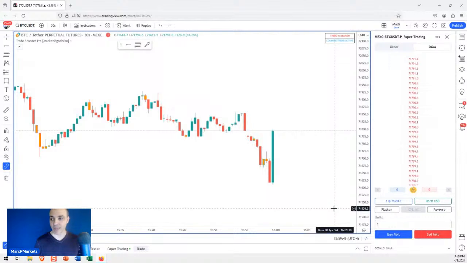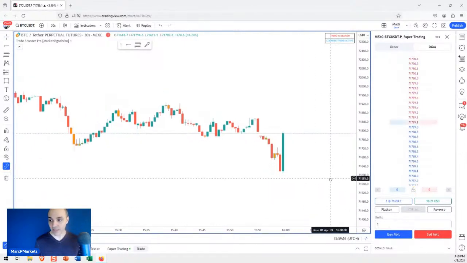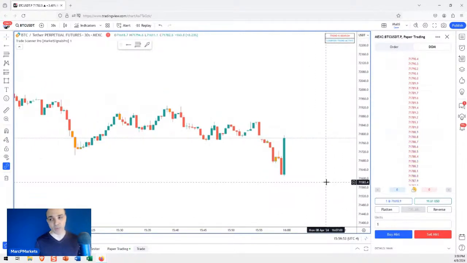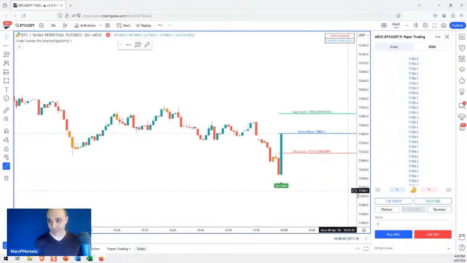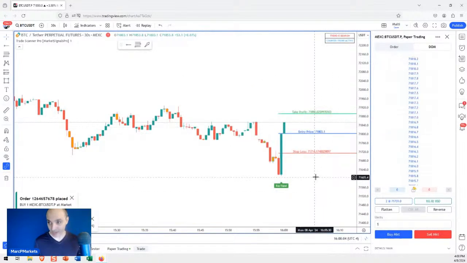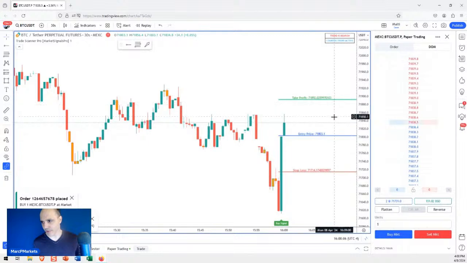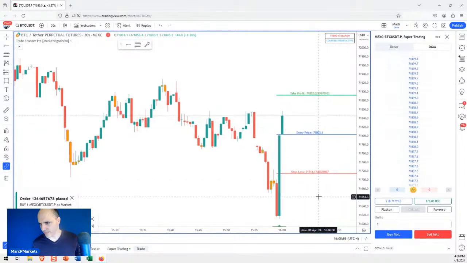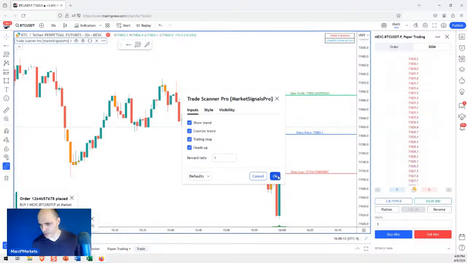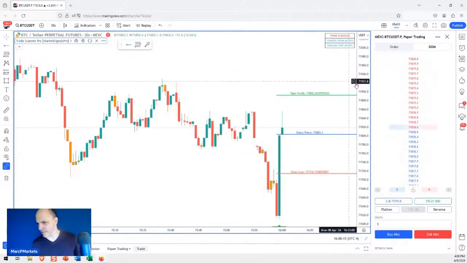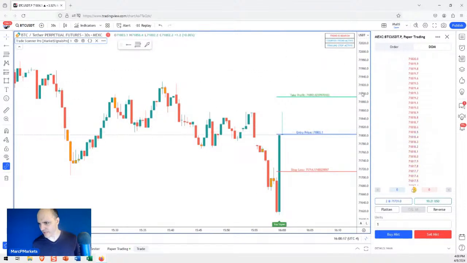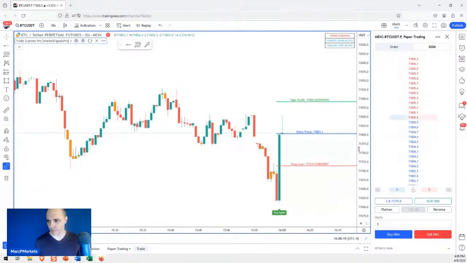The point that I was going to make was on the first one, even if I had to blow that out, I only had one contract. So my loss was going to just be smaller naturally because I only had one contract. I wasn't going to add to that contract, but now I'm going to add to it once I get the signal. There it is. I just bought a second one. Okay. Now let's put the trailing stop on. This is counter trend, by the way. Okay, so let's see where this goes.